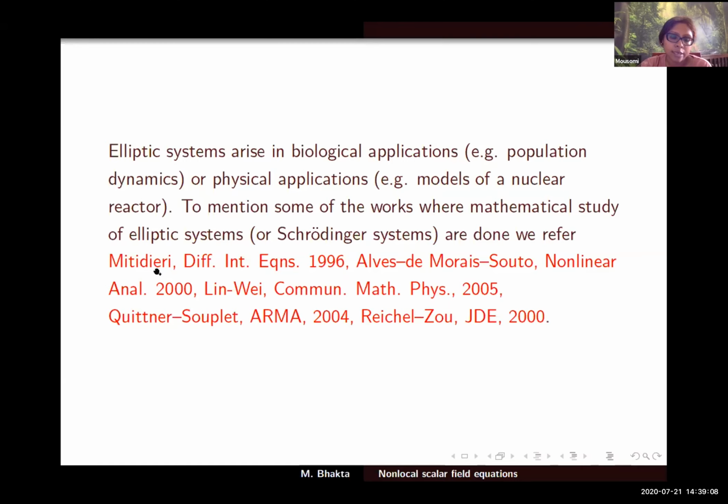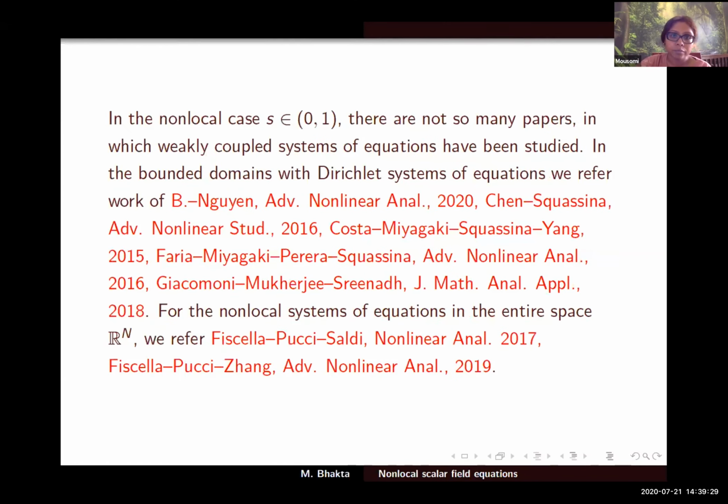So for s equal to 1, in the local case, I mention some of the papers like Mitidieri 1996, Alves, Carriao, Miyagaki 2000, Lin and Wei 2005, Weth and Suplein 2004, Rachel Zhu 2000. Some of those were for s equal to 1. Now, if you go to s in (0,1), the non-local case, there are not many papers where this kind of system of equations in the entire space R^n were studied. Most of the papers where the Schrodinger scalar field system of equations were studied